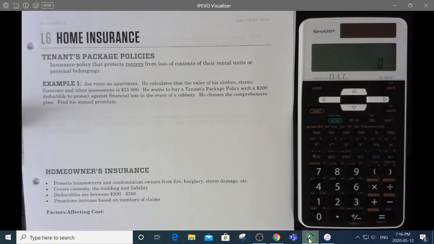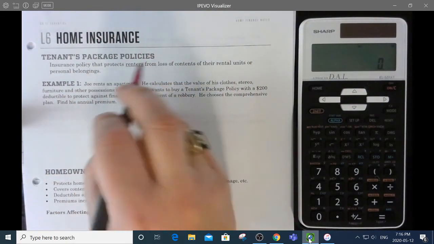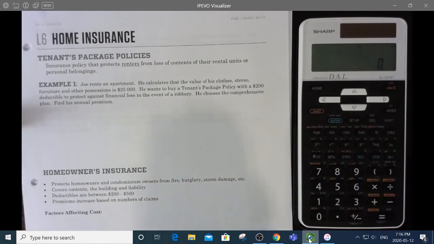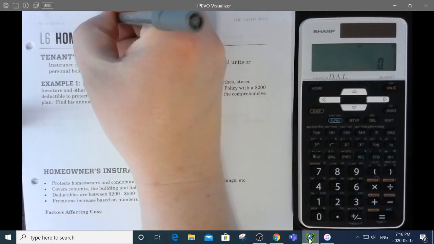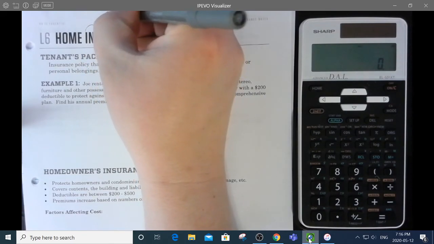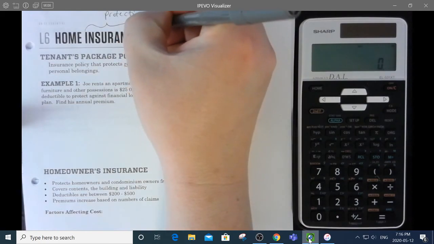And I always assume that everybody who's done this course has actually done either the grade 10 or the grade 11 essential math, but I know that's actually not everybody. So just in case you're not quite sure even what the concept of insurance is, remember that the definition of the word insurance is that it's there to protect you from financial loss,